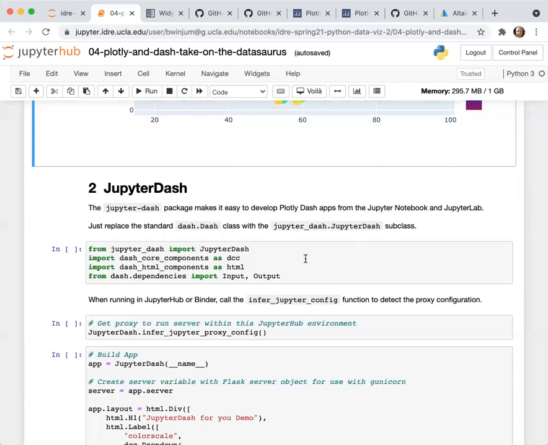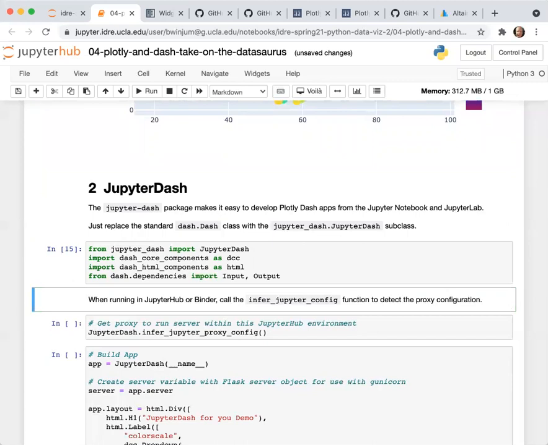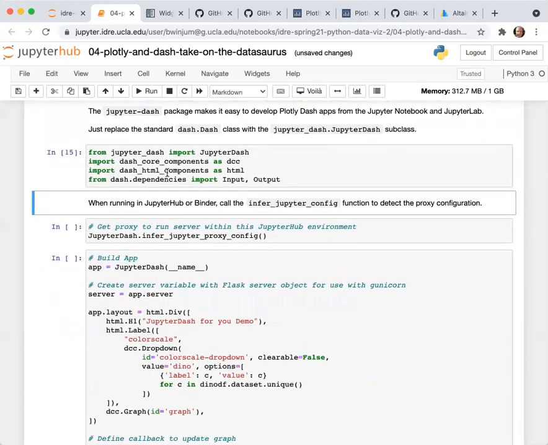So now this is really going to be a whirlwind because you kind of have to build up a lot in order to get something that's interesting to look at. At the beginning, all we do is import the libraries. This specific command is in order to get it to run correctly with the proxy that's running inside of this Jupyter Hub environment.